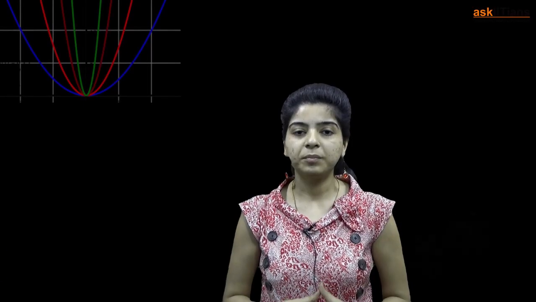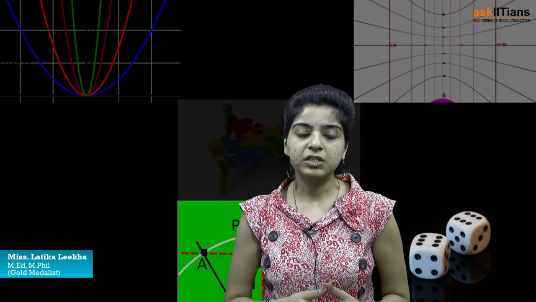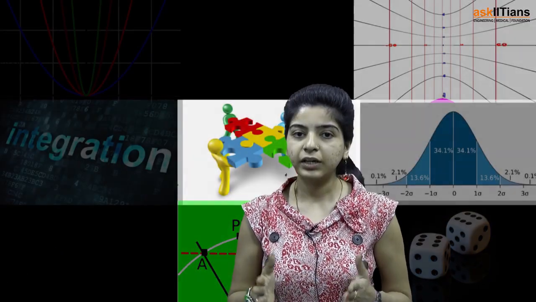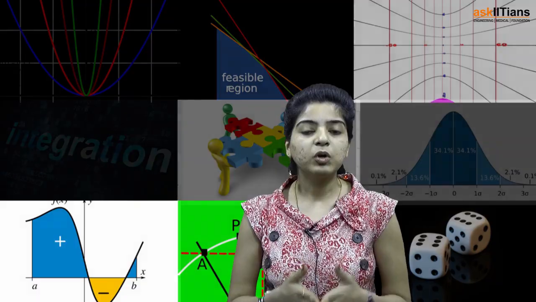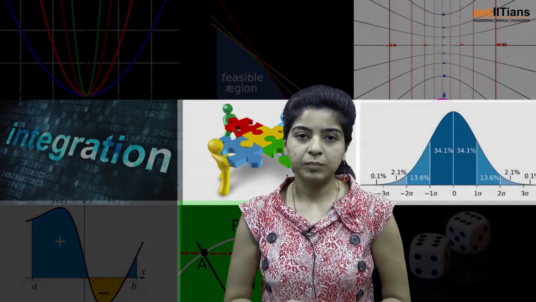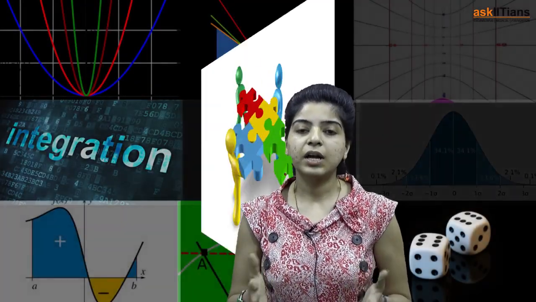Hello students, welcome back. So now in this section we'll be concentrating on some standard areas, and I would advise you to remember these formulas because they'll help you in saving your time in your exams. So we'll be discussing various standard areas like the area bounded between the curves y square equal to 4ax and x square equal to 4by, that is the area enclosed between these two parabolas, is given by 16ab by 3. We shall also discuss various questions based on these concepts.